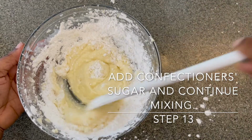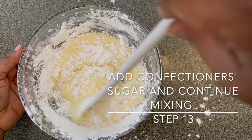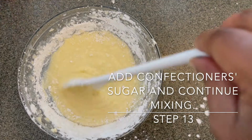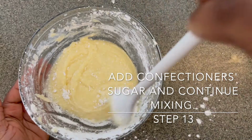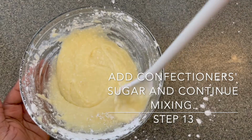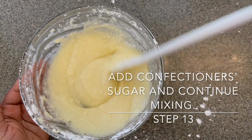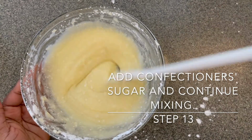I absolutely spoiled myself in the last step by not using my mixing spoon and using my electric mixer. So I'm going to start off by using just my mixing spoon. What I want to do with this is scrape off some of this confectioner's sugar that is stuck onto the side of my bowl. We do not want the butter and the cream cheese to be too liquid, and the confectioner's sugar really helps to break the liquid part of this recipe down. So we definitely want to scrape off as much as we can of it